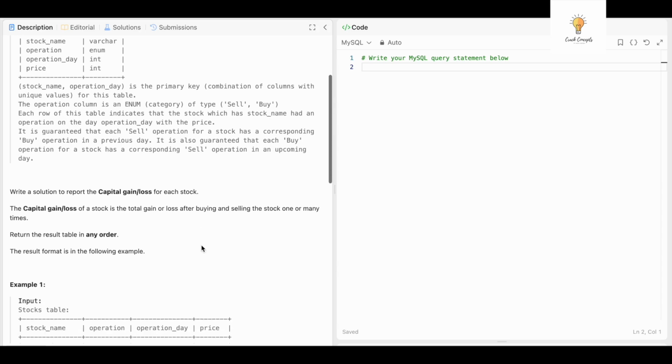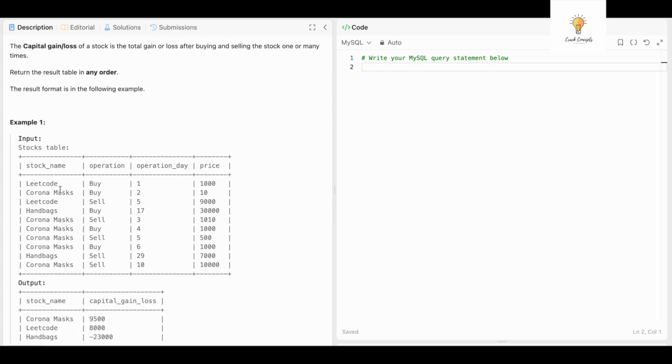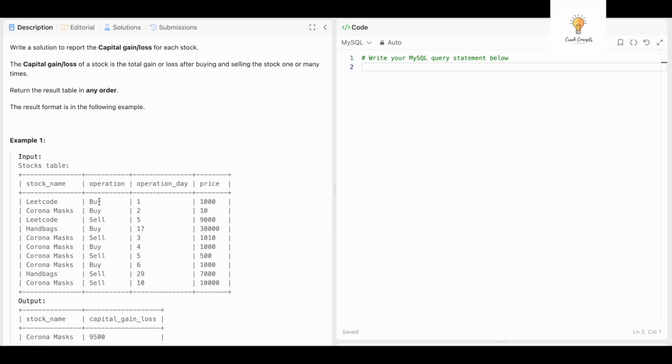Now what that means is, let's see this table over here. What they're saying is that every stock will have a buy and will also have a sell in the upcoming days. These are the operation days 1, 2, 5, 17. So what this means is the stock Leetcode was bought on operation day 1 and on operation day 5 it was sold. As you can see in the operation column, Leetcode on operation day 1 was bought at price 1000